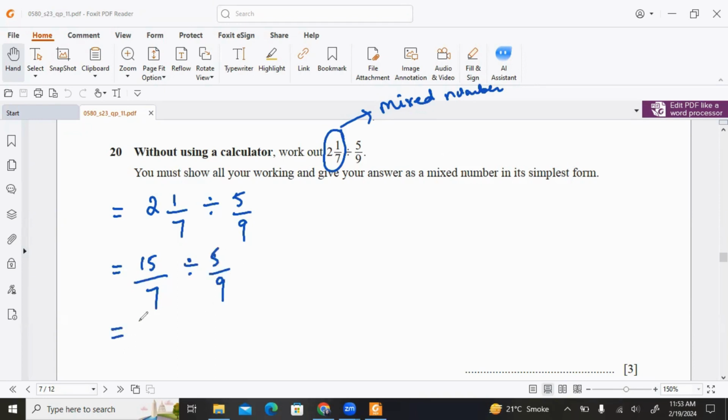Now, whenever we're dividing fractions, basically we take the reciprocal of the second fraction. By that I mean we flip the fraction, so the numerator becomes the denominator and vice versa, and your division sign becomes the multiplication sign. So basically 15/7 times 9/5. Now you can rewrite this as 15 times 9 over 7 times 5. We can simplify it by saying that 15 divided by 5 is 3. 3 times 9 is